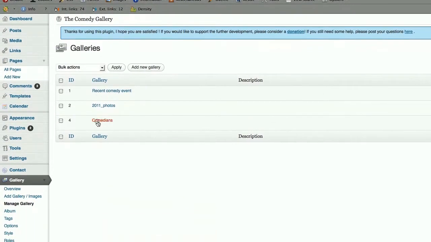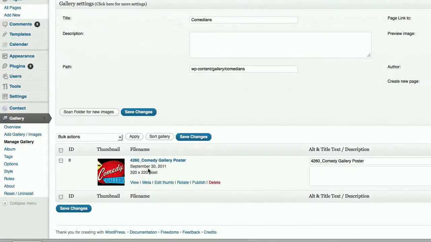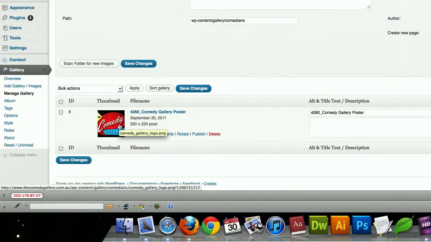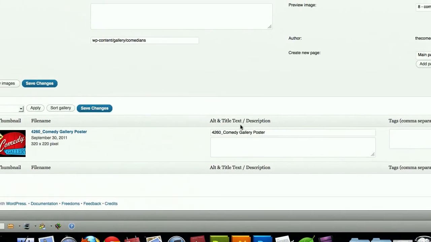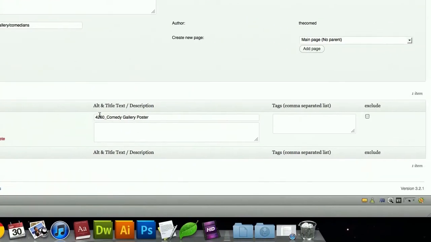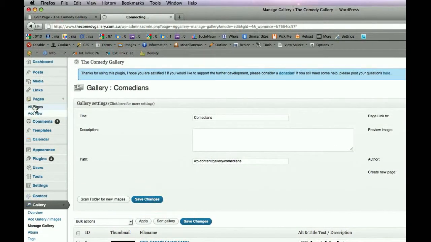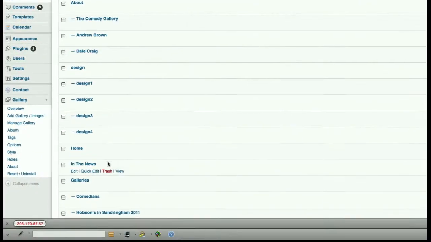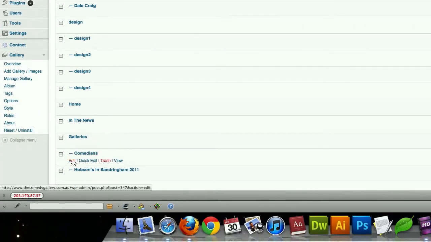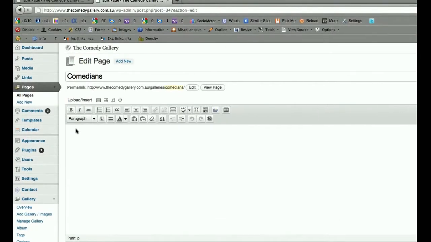Next, we're going to just double check and manage the gallery. We're going to check it. Let's check Comedians, and you can see that the photo is inserted. Now later on you can change the text in here, and you're more than welcome to do so. What we're going to do now is go to All Pages, go to Comedians, Edit,